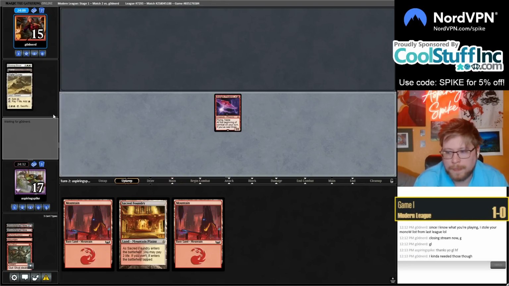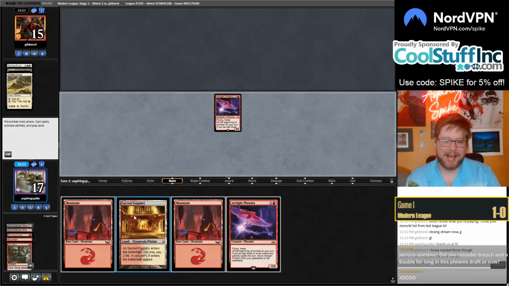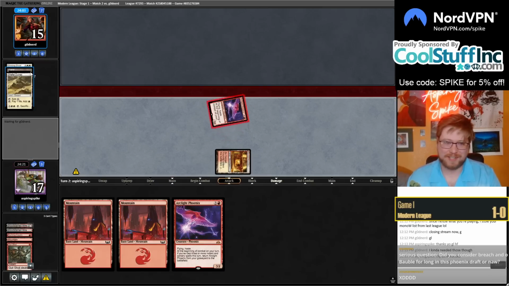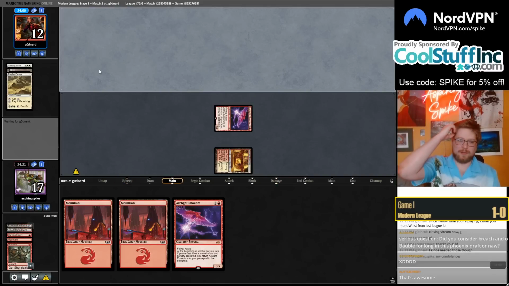It's hard to evaluate. Yes! No way! Yes! My condolences, opponent. My condolences. Yes, let's go! Burning Grease, so nuts. Turn 1 Phoenix, you have no lands. Ugh, what a card. They consider Breach and Bauble for...